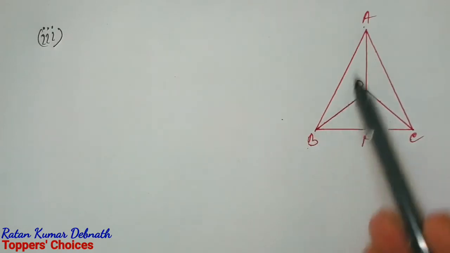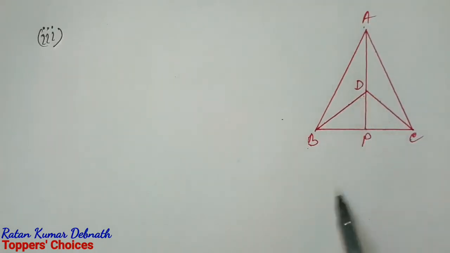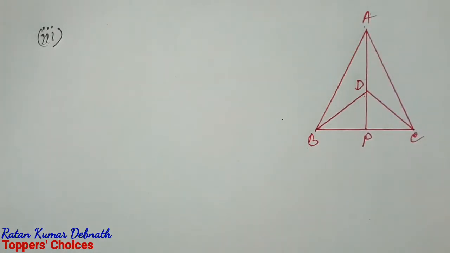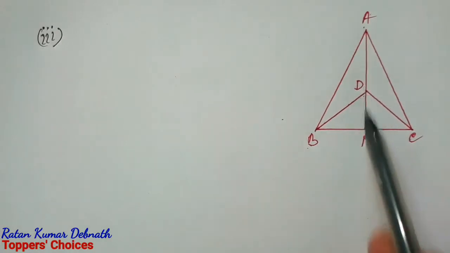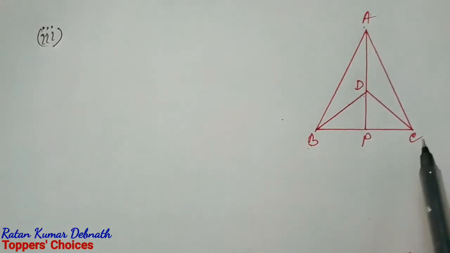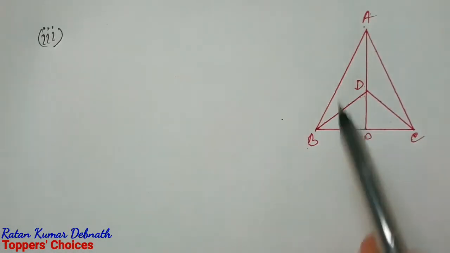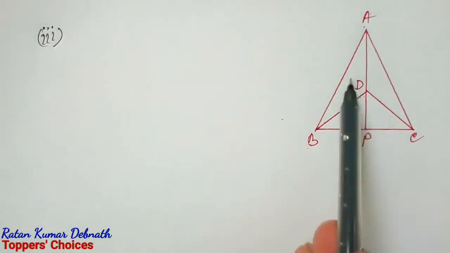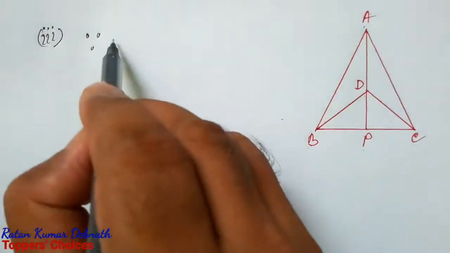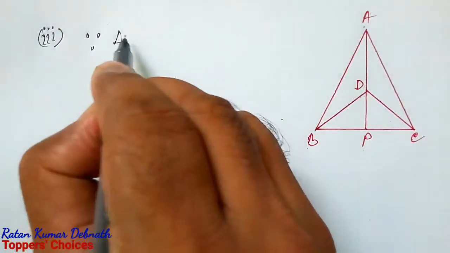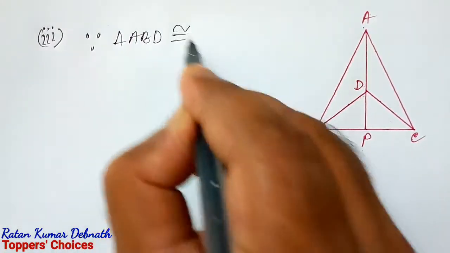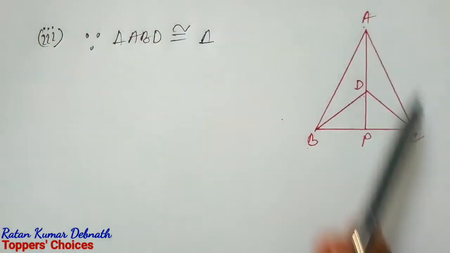angle BAD equals angle CAD and angle BDP equals angle CDP. We have already proved that triangle ABD is congruent to triangle ACD. Since triangle ABD is congruent to triangle ACD,